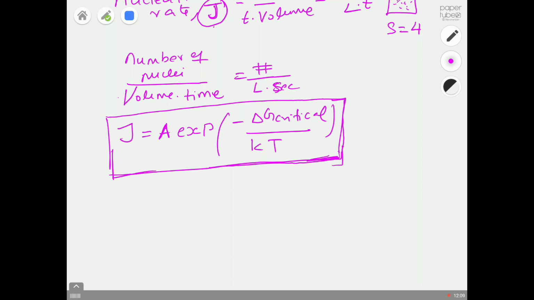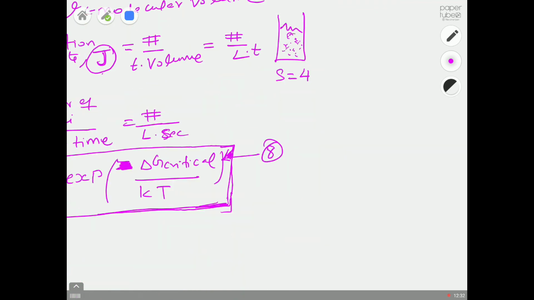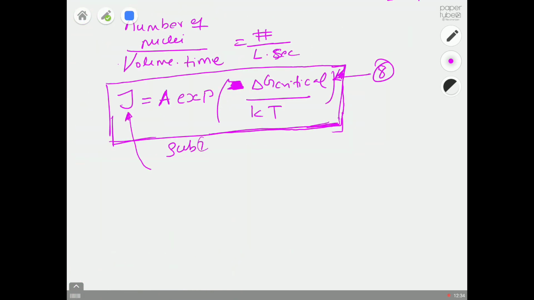So what it says is the nucleation rate is proportional to exponential of your delta G critical, where your delta G critical is a function of supersaturation, and there is a negative sign. Just remember this negative value. Maybe I will substitute and then you will get some idea. So let's call delta G critical equation 7, and this one equation 8. So substitute 7 in 8, we get